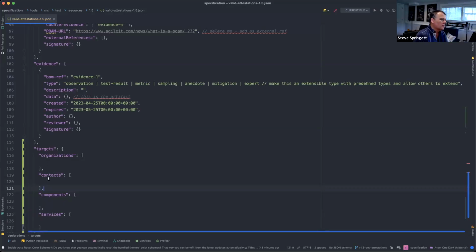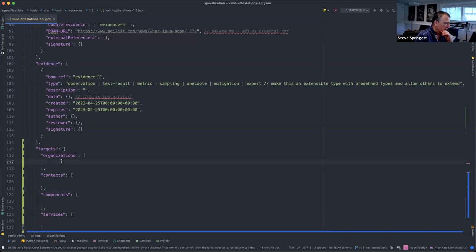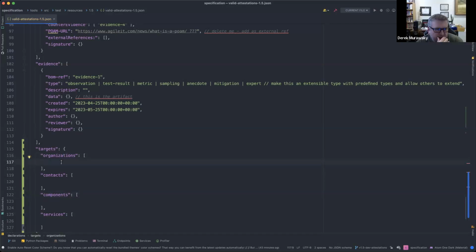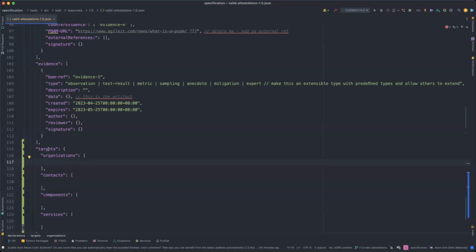Now, question, would this be the actual component, or the actual organization, right? Mm-hmm. Yeah, I think so. Okay. Yeah, I don't know. Like I said, I'll leave it under targets, but I think that for formulation, if we want to follow the pattern, they're defined under formula.